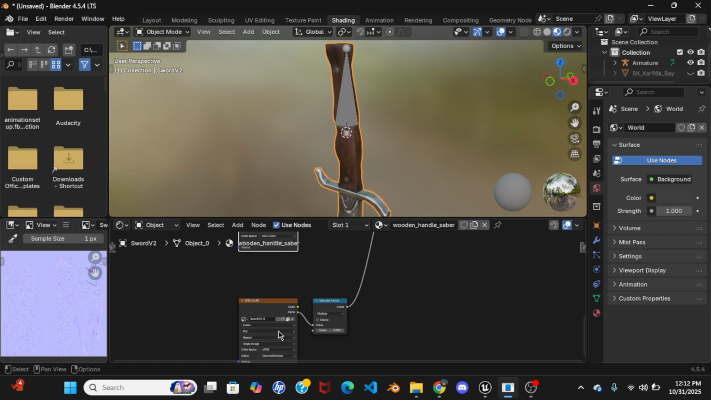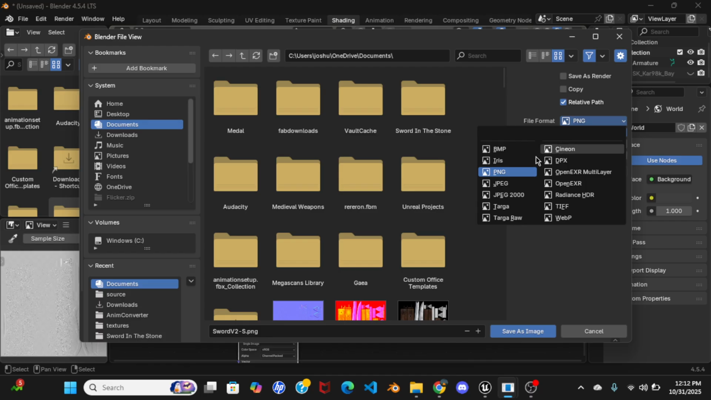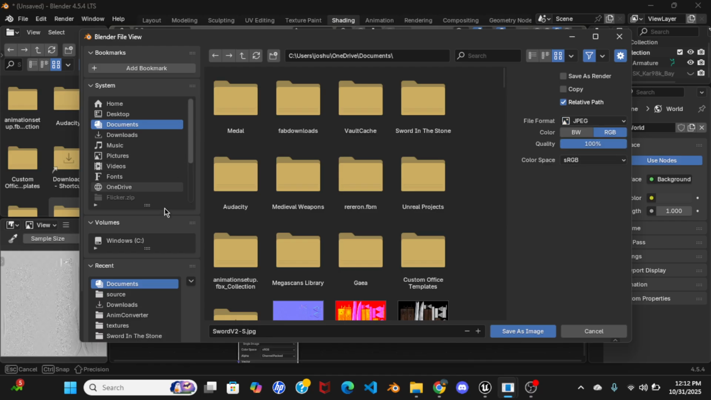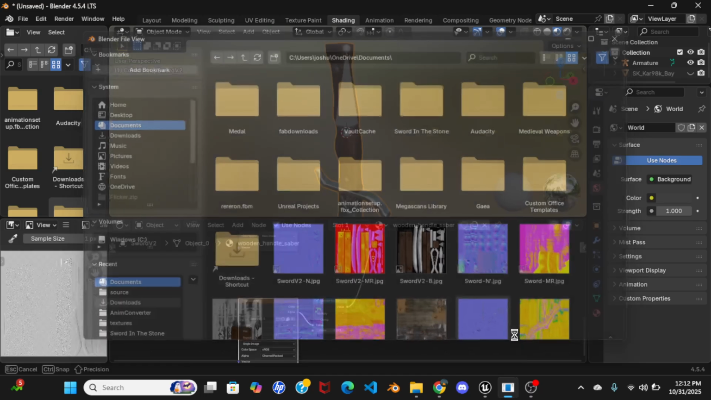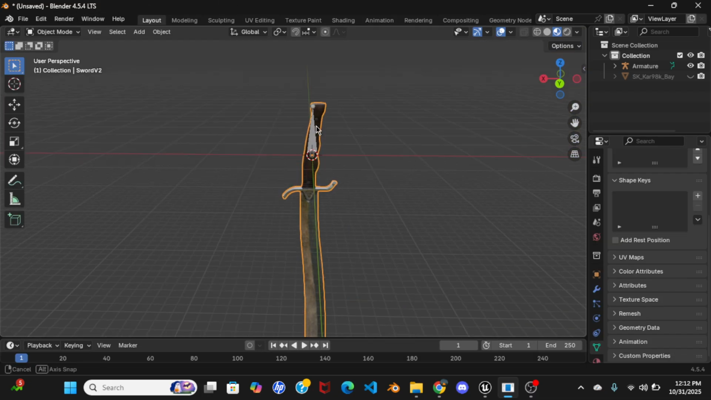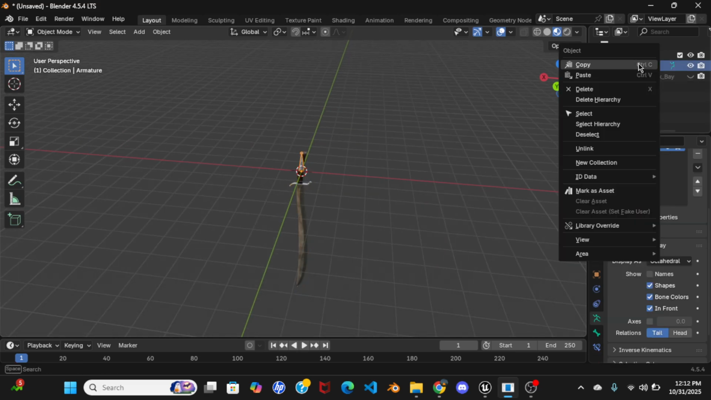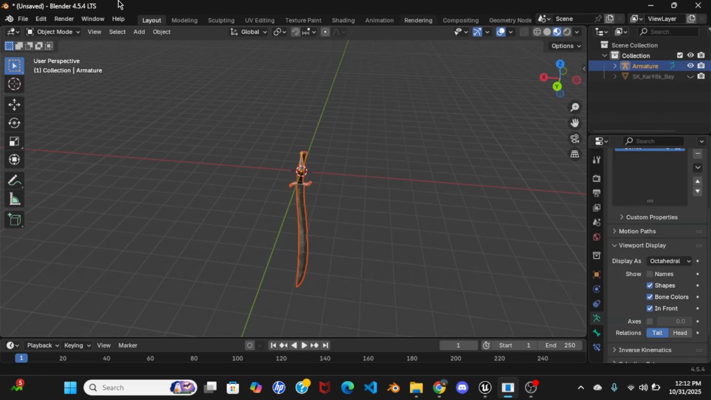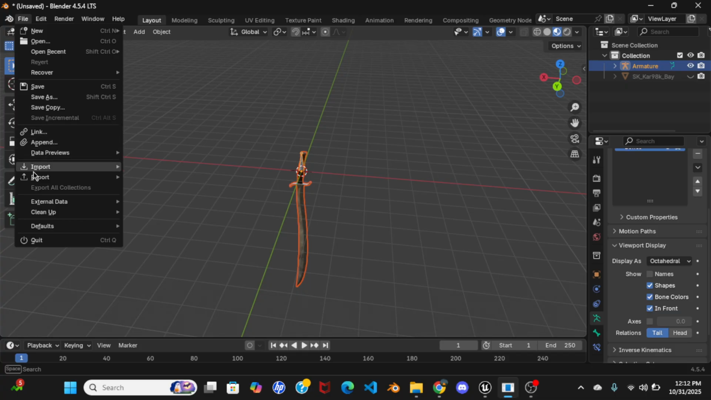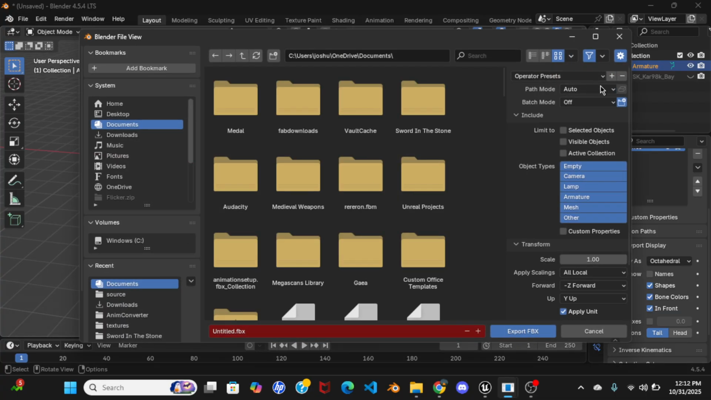We're going to do our specular image, save as. JPEG, 100%, save as an image. And once you are done with that, once you get all your textures ready, now you're ready to actually export this guy. So you could right click on Armature, select Hierarchy, go to File, Export, FBX,